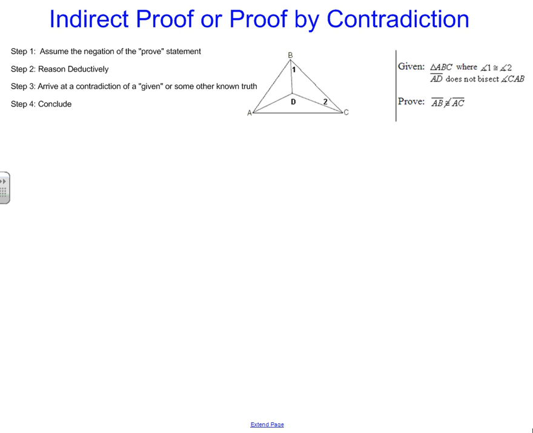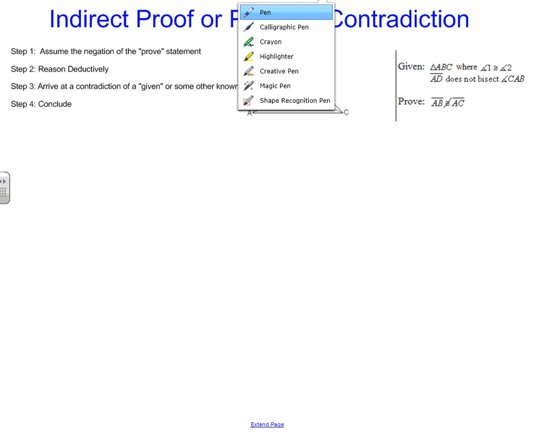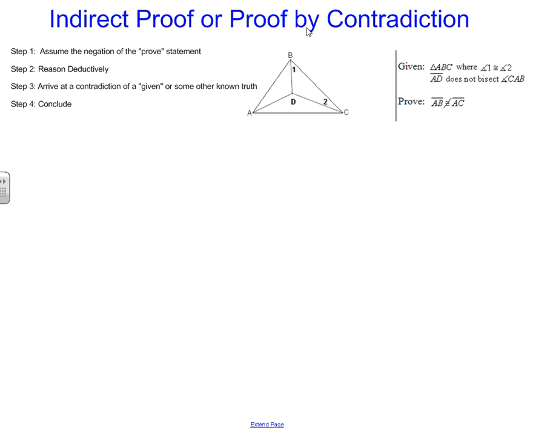This is some triangle ABC, and I've got angle 1 is congruent to angle 2, and AD does not bisect angle CAB. Prove that segment AB is not congruent to segment AC. So the first thing I'm going to do is assume,